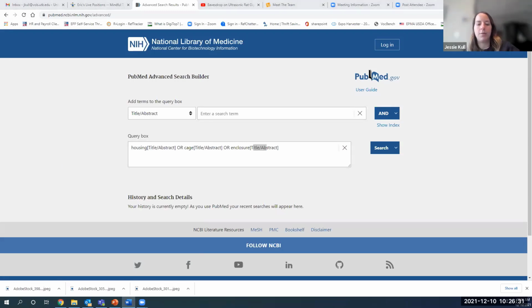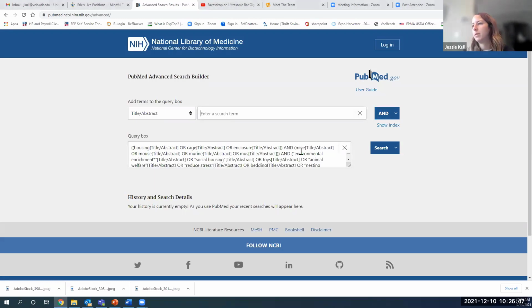I'm then going to do my search string on mice, and now it switched to AND. Remember I talked about the Boolean operator AND. So it added that down here, and you can see it's separated by the Boolean operator AND. And then I'm going to add my last search string on 3Rs alternatives. Same thing. Here's the full search string.